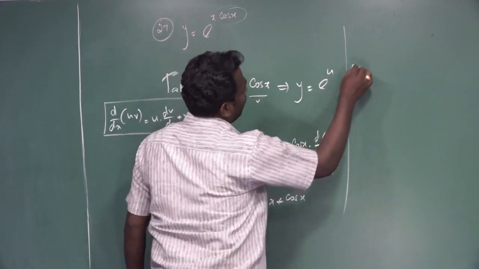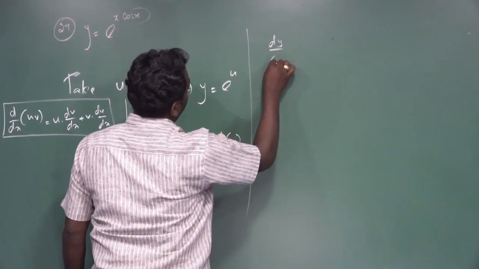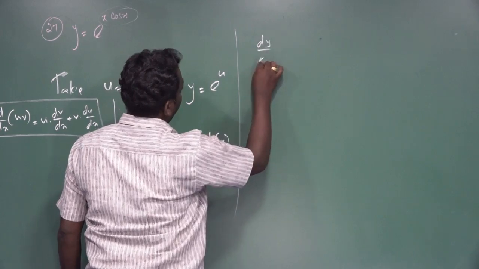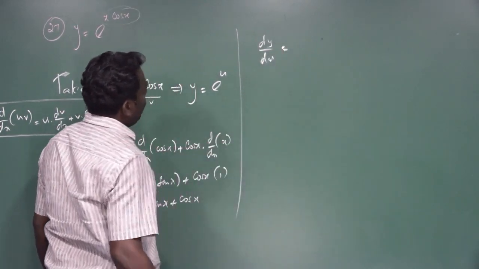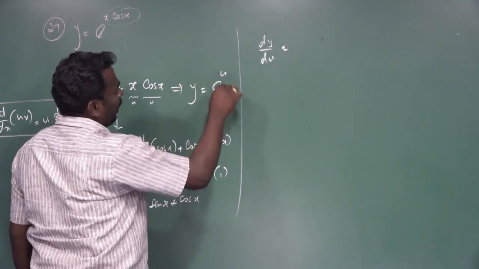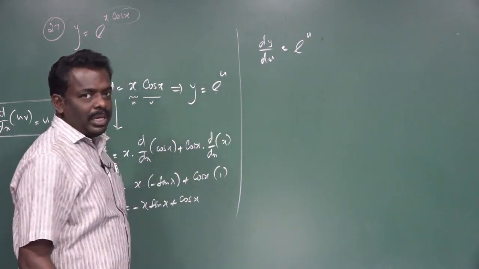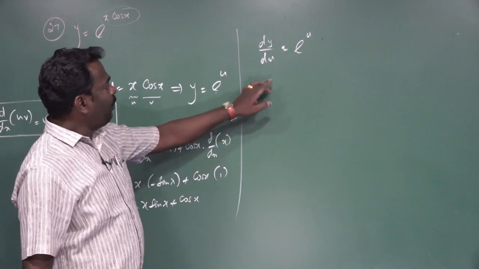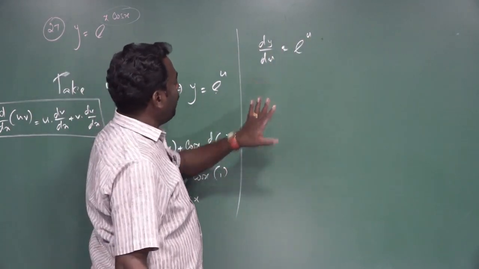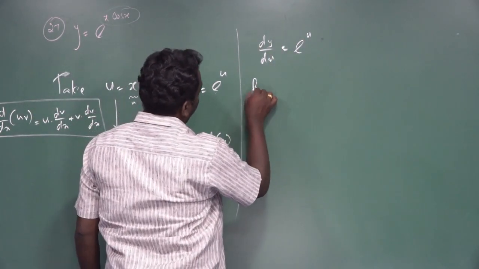Then differentiate y with respect to u: dy by du, the differentiation of e power u, becomes the same, e power u. The differentiation of e power x becomes the same, e power x. Therefore, the differentiation of e power u becomes e power u. Now by applying the chain rule,